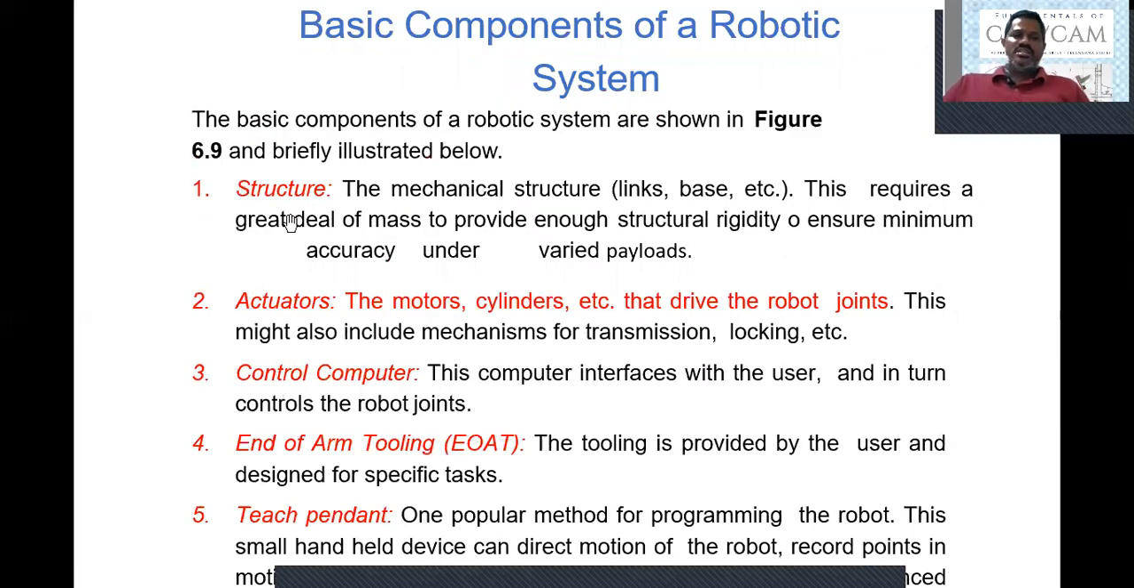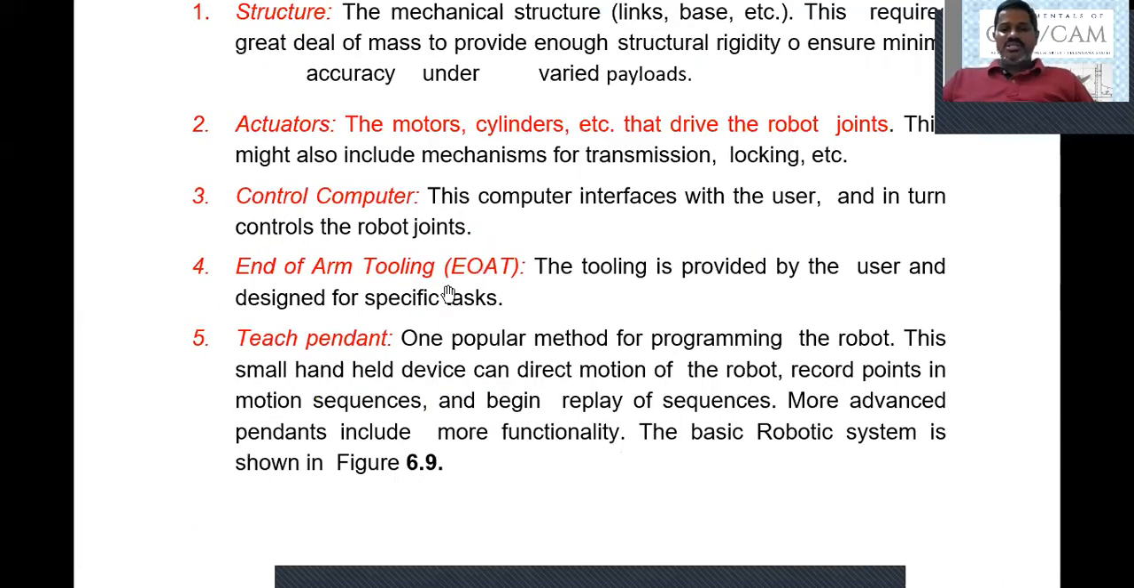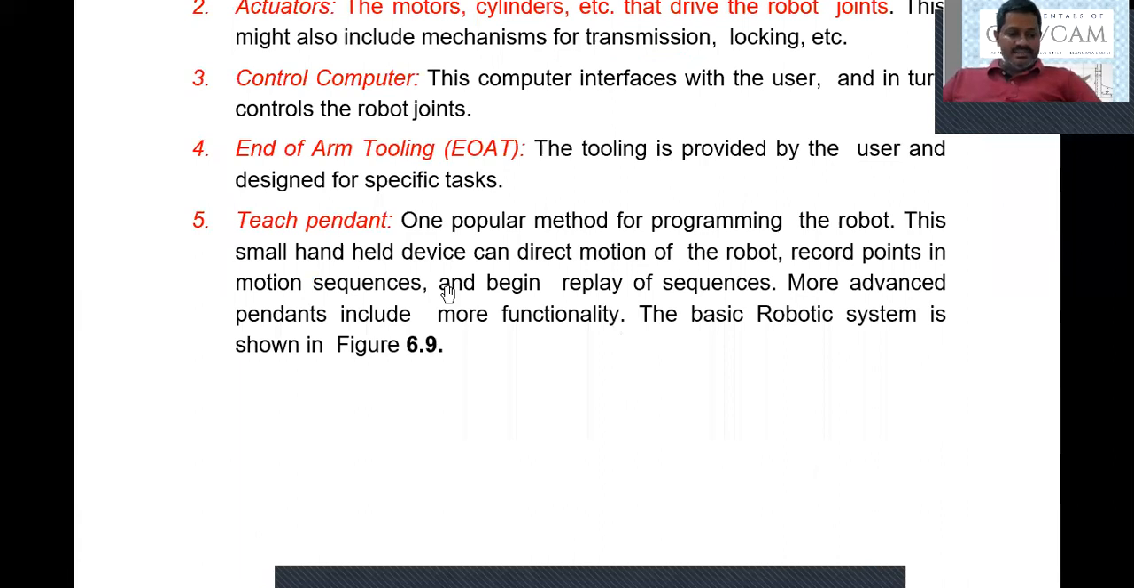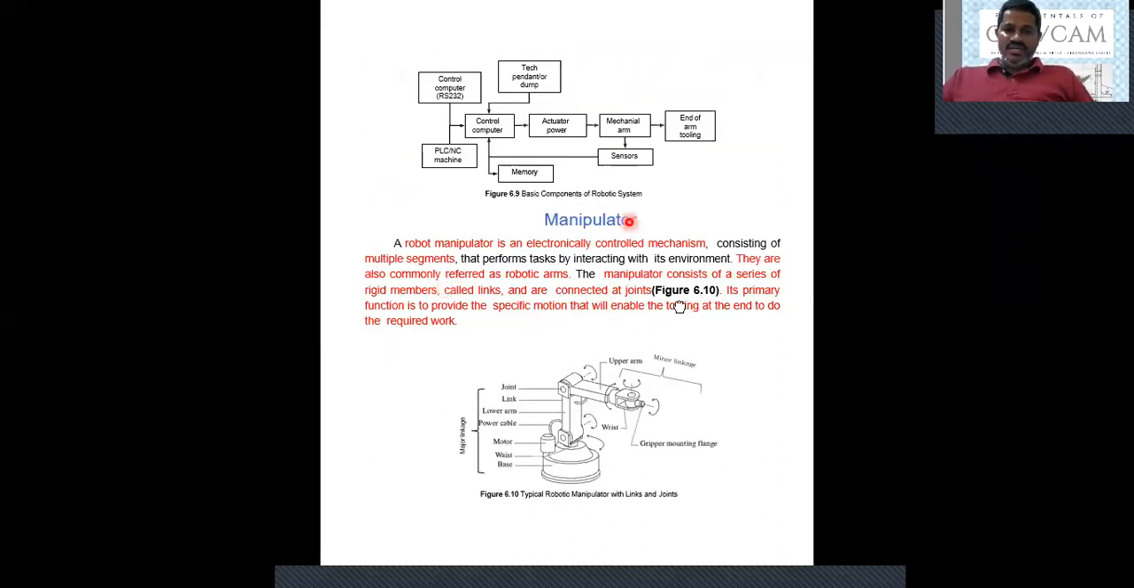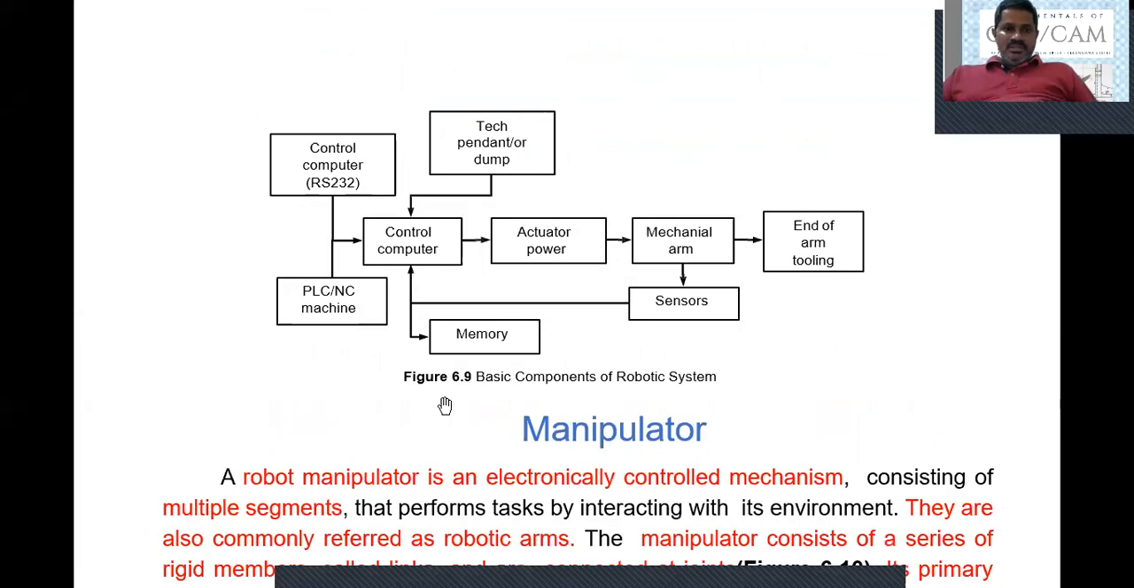It must have structure, it must have actuators, it must have the control computer, it must have end of arm tooling, and it must have the teach pendant. Okay, so these are the basic components, those components that we can observe in these slides. As I said, we must have a computer, and the teach pendant is a small handheld device